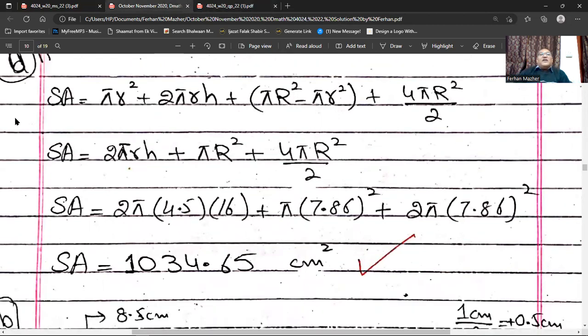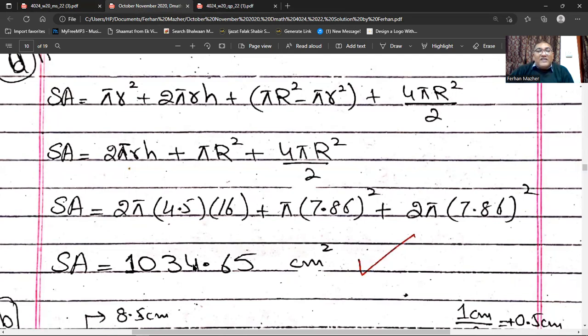And here you see pi small r square, that is the top of the cylinder, 2 pi r h, that's the walls of the cylinder, plus pi capital R square minus pi small r square, that is the ring, and plus 4 pi r square divided by 2, that's the curved surface of the hemisphere. So this is how you will find the surface area. So you will have 2 pi r h plus pi capital R square plus 4 pi capital R square by 2. So the surface area will be 2 pi times 4.5 times 16 plus pi times 7.86 square plus 2 pi